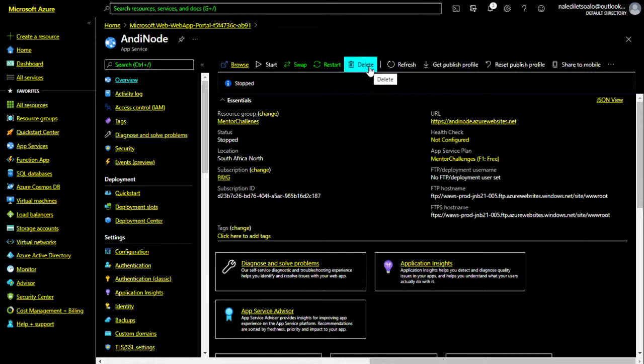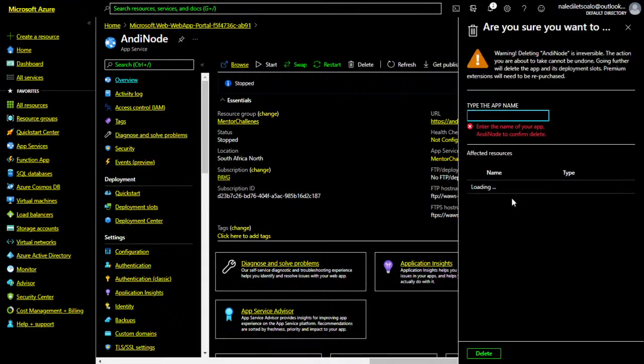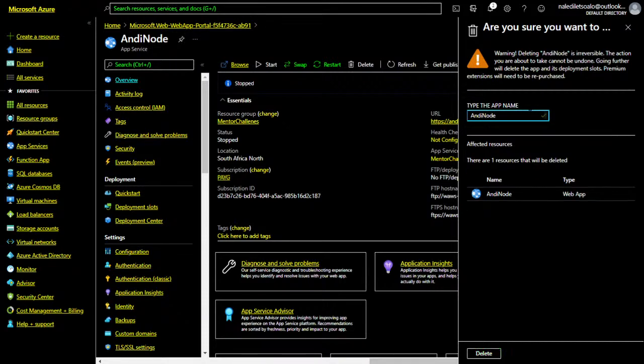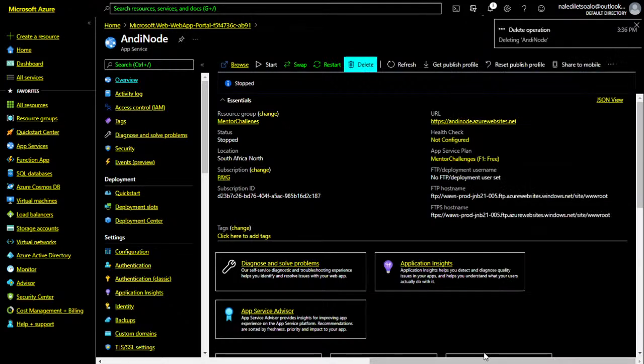And the best way to do it is while you're in the resource itself, delete. And then you'll be asked to type the app name because they want to make sure that this is not a mistake. You didn't just press delete. Trust me, it will not allow you to delete without entering in the app name. And this app name is Andy Node, right?